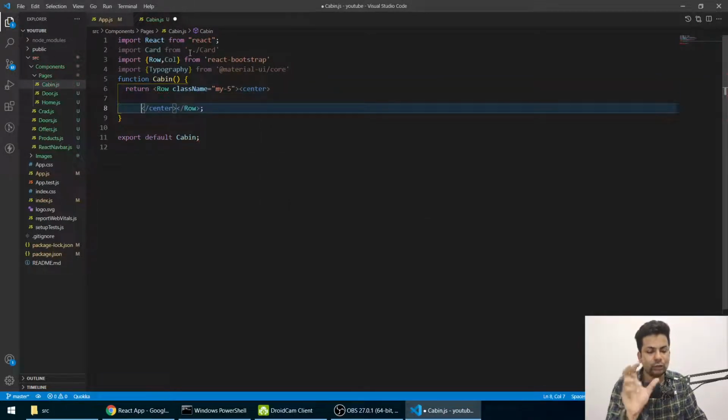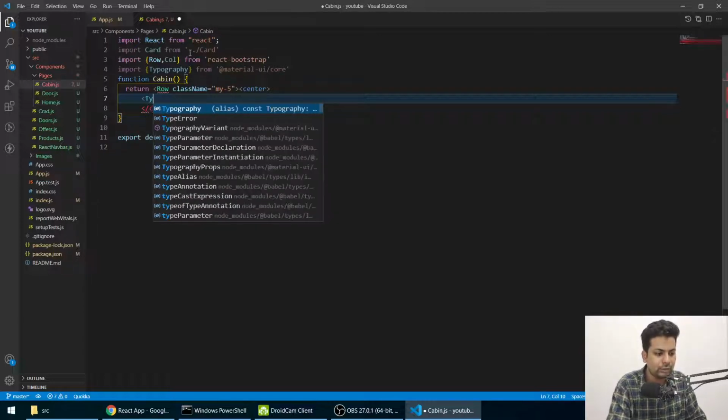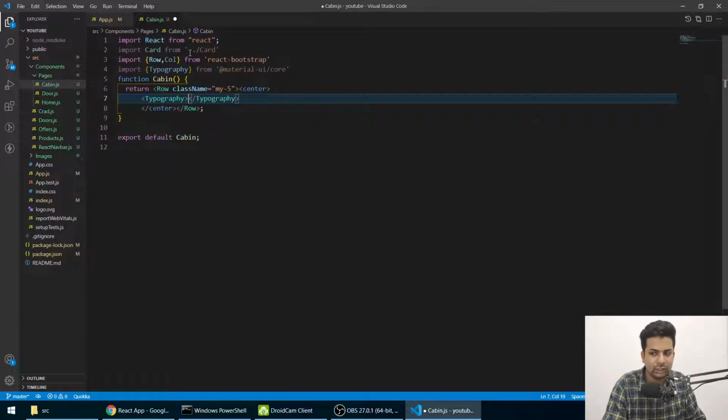Center tag is basically used for positioning something in the center, not from above or below, but from left and right. And here we'll say typography, and here we'll say type of doors and variant h2, and we'll just save it.